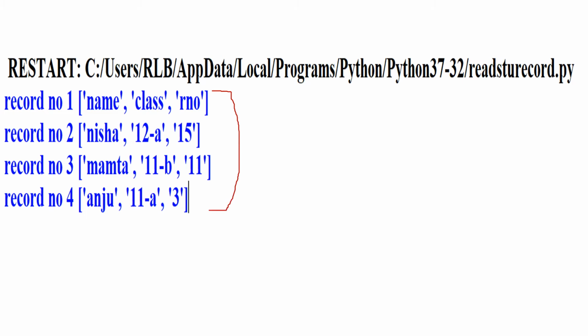So now it can easily recognize the delimiter character because the delimiter argument has been used. So it can separate the values on the basis of the delimiter character, that is hash here. And if you don't use the delimiter argument, then it will not be able to separate the values, because by default the delimiter character is comma and it searches for the comma. So if the comma is not found, it will continue to read it as a single value.